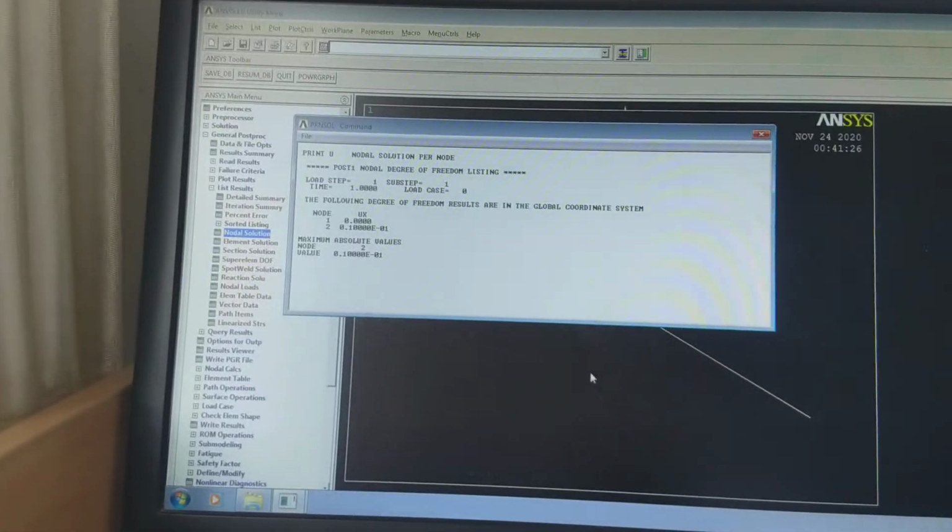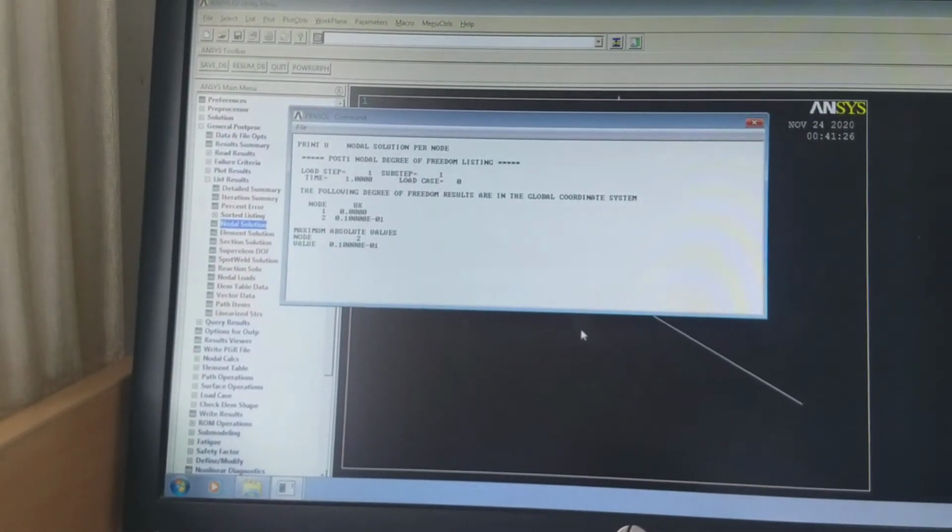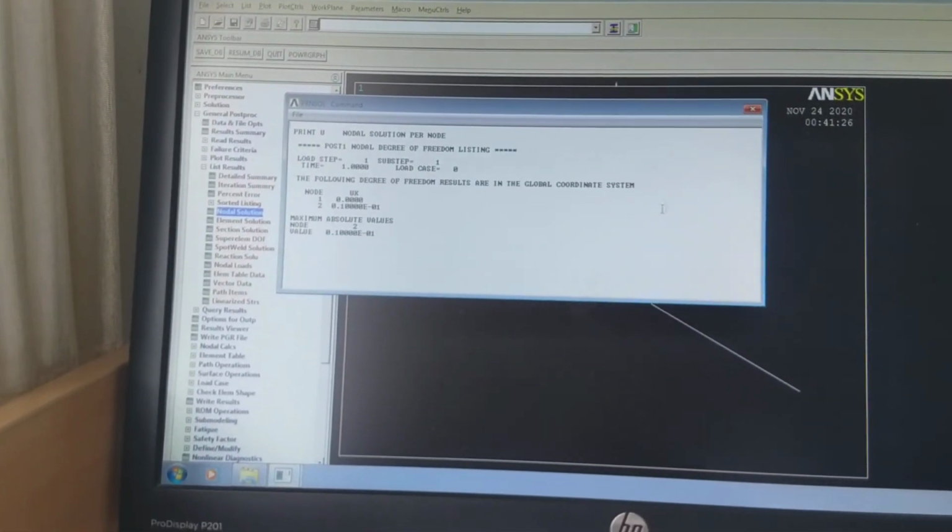This is the nodal displacement acting on X and Y axis.